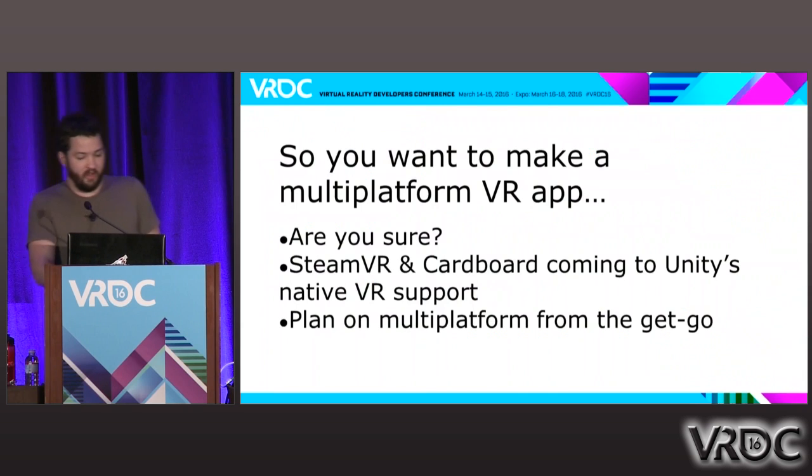OK, so if you are thinking about making a multi-platform VR app, my first question to you is, are you sure? Much wiser people than myself have said, pick one platform and just really dig into it. And that's really good advice. Like you've seen here, this is a lot of extra work. This is kind of a work multiplier when you're adding this multi-platform support, because you can just never count on